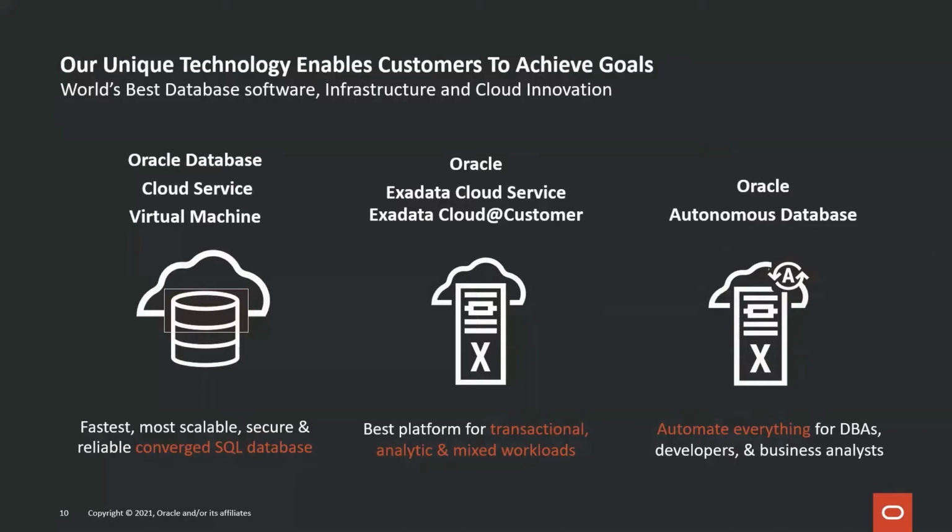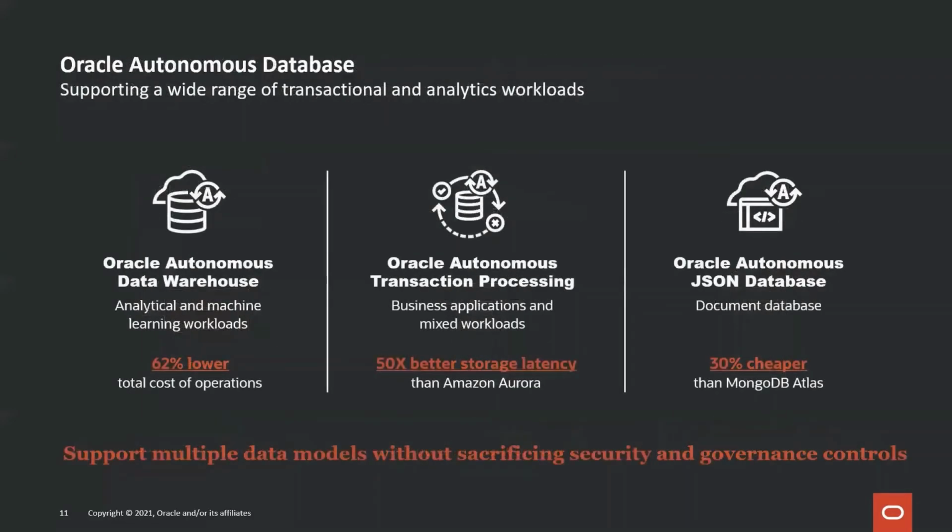By offering this complete portfolio that meets your various price to performance workload criteria, we can give you the ability to choose the right tool for each job so you can build both the top line growth and your bottom line savings. And we actually have multiple options for the autonomous database depending on your workload. Our autonomous data warehouse is geared towards analytics and machine learning workloads. Very large self-managing databases with a significantly lower total cost of ownership. The autonomous transaction processing database is best for business applications and mixed workloads with huge performance advantages over other cloud databases.